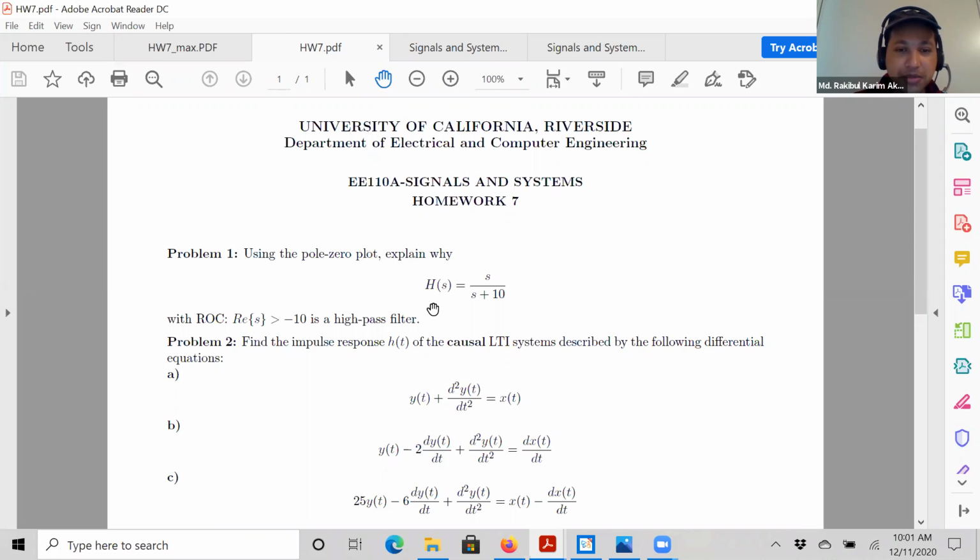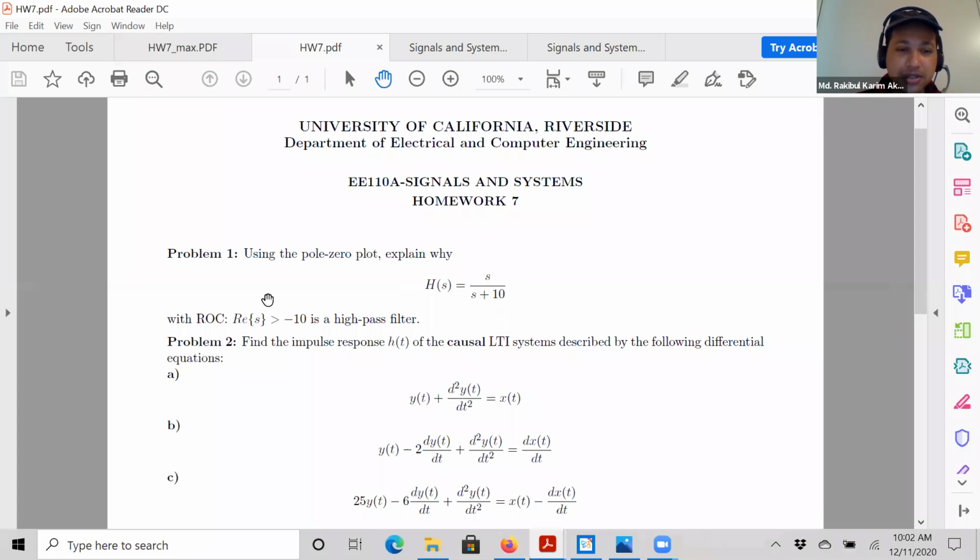So the first problem says that using the pole zero plot, that means from this transfer function, you know that H(s) is a transfer function, and from the numerator you can find out what is the zero, and from the denominator you can find out what is the pole. From this pole zero plot, explain why this transfer function, with region of convergence